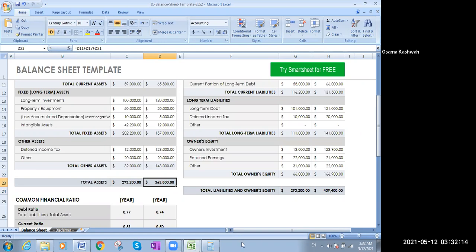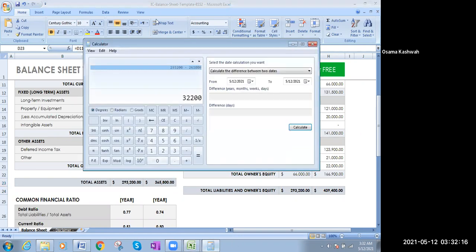I will do it with the calculator again. I will press C and then 439,400 minus 365,800, which will equal